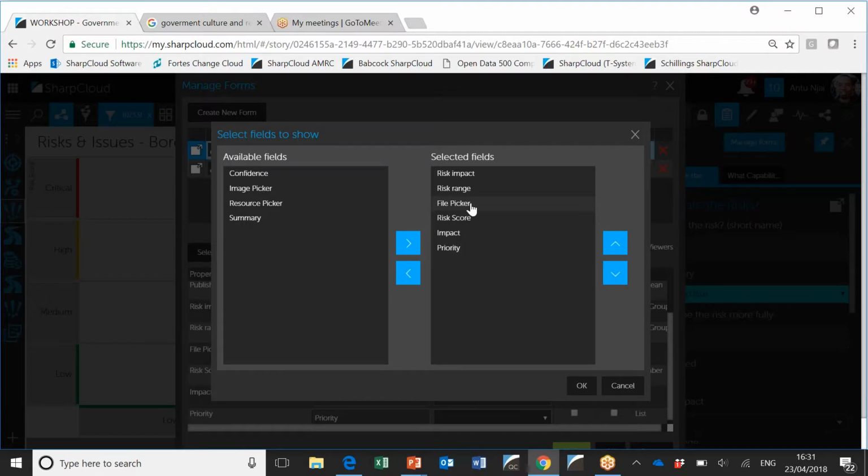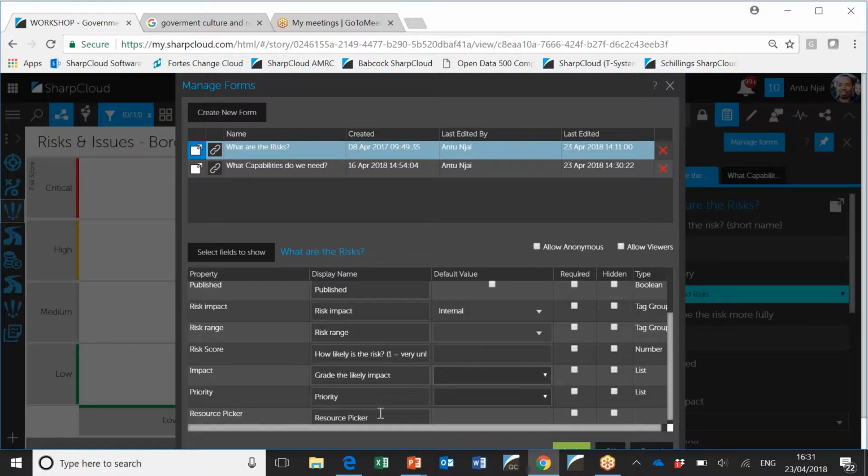So we can say we want to be able to upload a file, or I might take that out and say, in this case, we're going to allow a resource picker. A resource picker means you could add a file or a URL resource. It would be the SharpCloud resource picker, which does allow you to navigate to your file system, but also allows you just to add a URL directly in or drag and drop a file into SharpCloud. So that's something that you can decide. Do I just allow people to upload an image or a file or a resource, which is a combination of files and URLs?